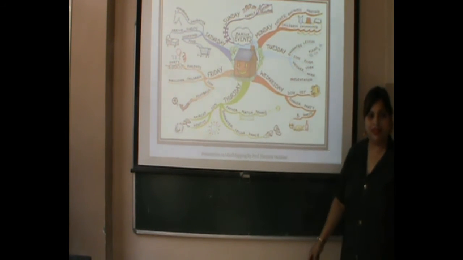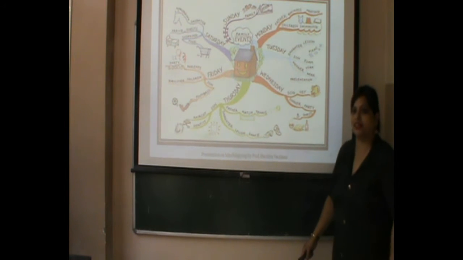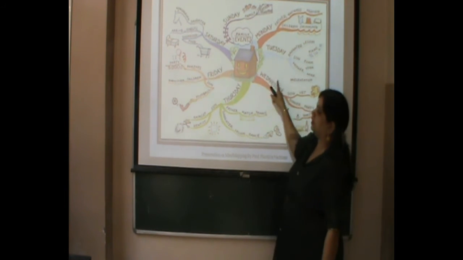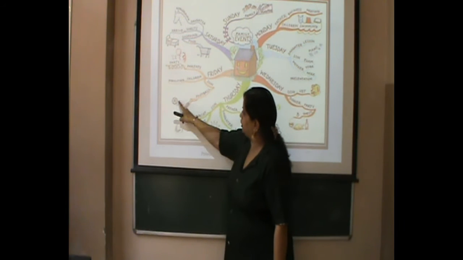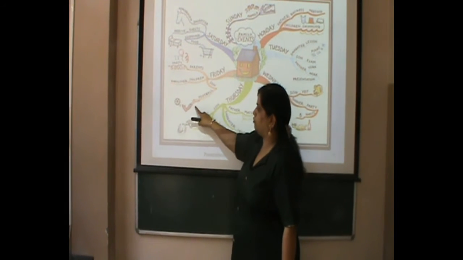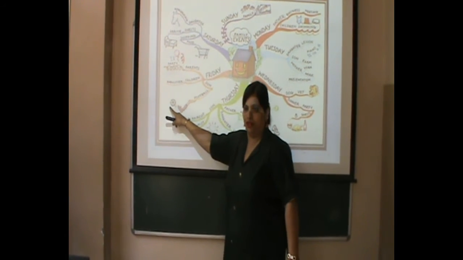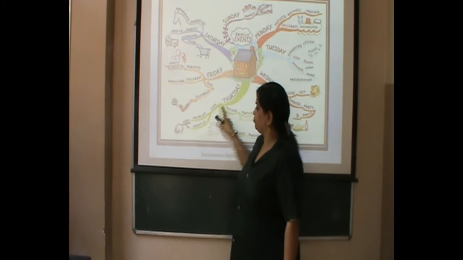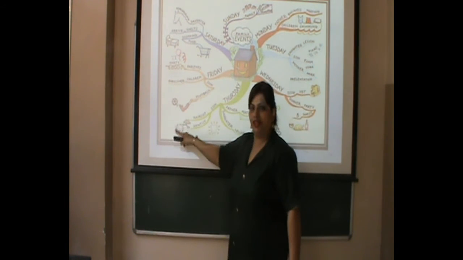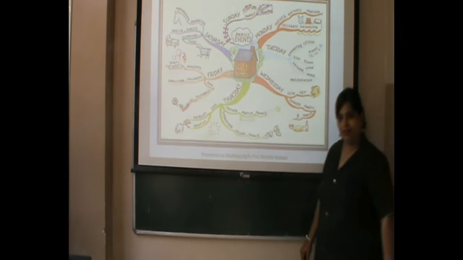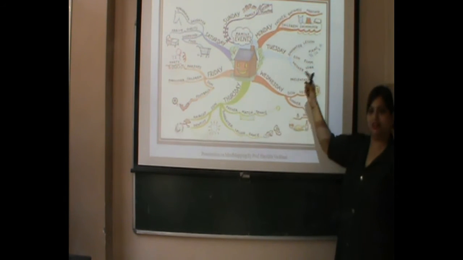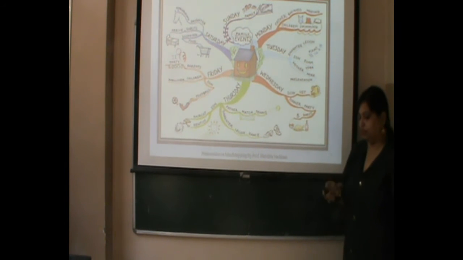And it is easy to remember, and we don't tend to forget things since we are using different colors to draw the activities. If you could see, on Friday the son is going to go to football. I put a football picture over here, right? Then over here haircut, so I put the haircut picture over here, right? So these are nothing but one kind of example of your mind map.